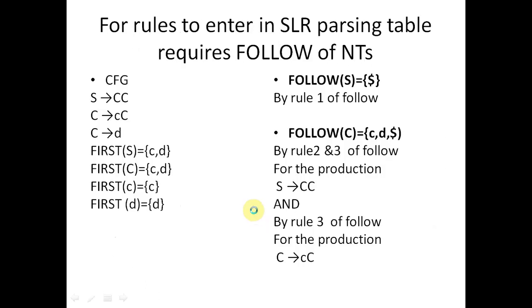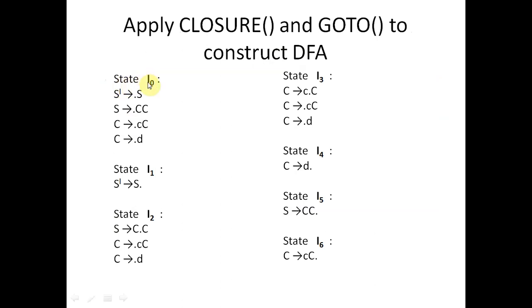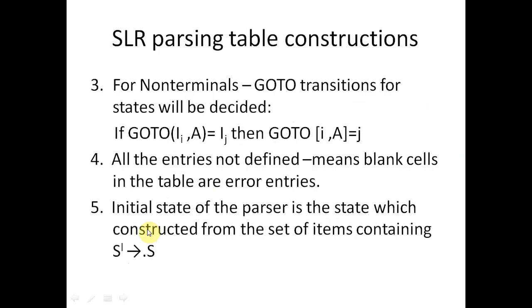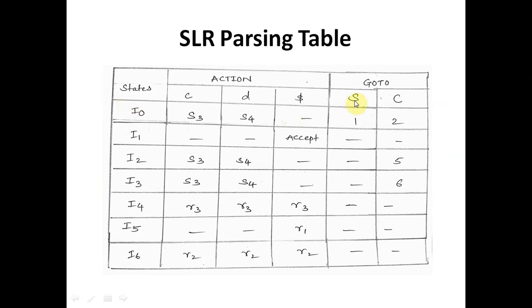So we'll go to the transition diagram. Is the I0 state receiving any non-terminals? Yes. After the dot, a non-terminal. Receiving means after the dot it should be either a terminal or a non-terminal. So I0 is receiving non-terminals, here S and capital C. For that we will see on receiving this capital S where it is going: it is making a transition to I1. On receiving this C, I0 makes a transition going to I2. So the same thing will be written as per the rule: from I0 on receiving capital S, goto 1, and on receiving C, goto 2.